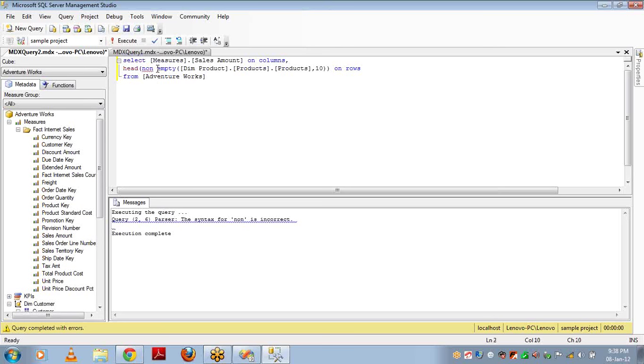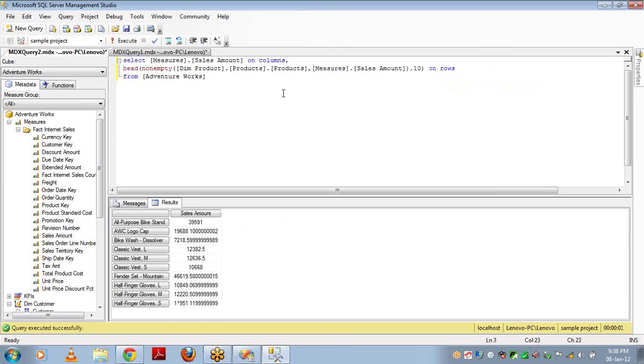In that case, you can make use of the non-empty function without space. Now, what I'm doing here is, I'm just filtering the data first based on the sales amount. This function will execute the inner function first, that is non-empty, and then after filtering, I'm asking to get the top 10. Again, if you see, this is not ordered by sales amount. It is just top 10, but without blanks, without null values.